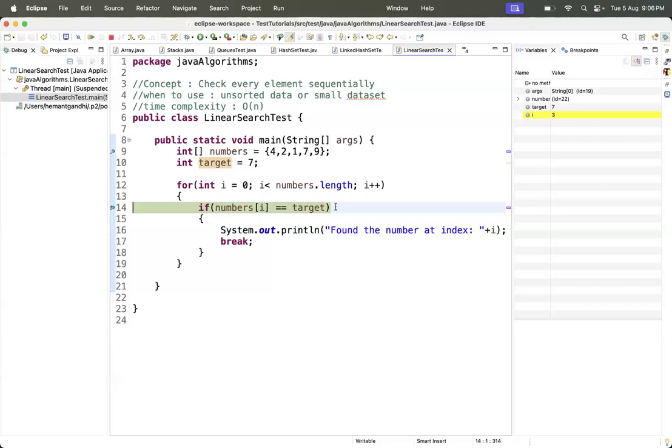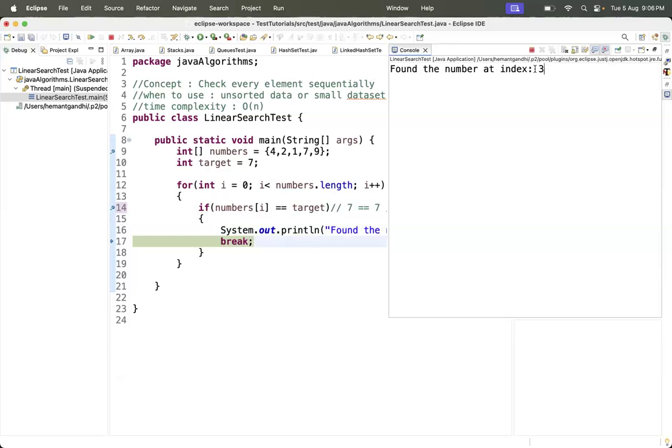So is 7 equal to 7? The answer is yes, or true. So it will jump into the if clause here and start executing it. If I click on it, you will see it has entered into the if block, and again you can click on next. So it will print